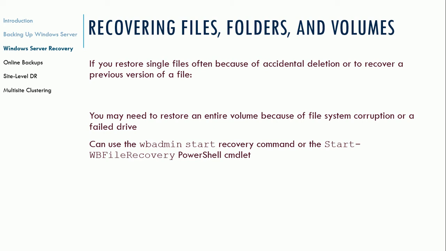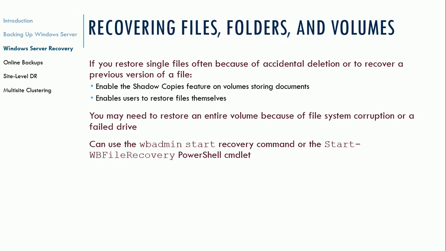If you restore single files often because of human error, it may be best to enable the shadow copies feature on volumes storing those types of files that users need to periodically restore, and that allows users to restore these files themselves without system administrators even getting involved in some cases. You may need to restore an entire volume because of a system corruption or a failed drive. So you can use the wbadmin start recovery command or the Start-WBFileRecovery PowerShell cmdlet to recover in